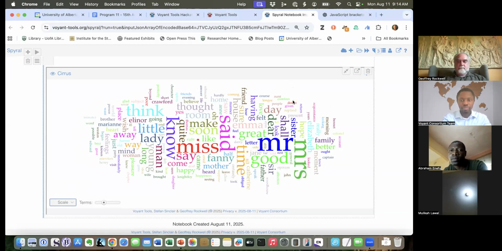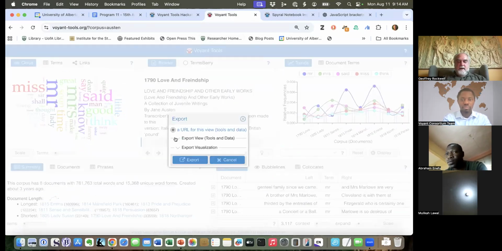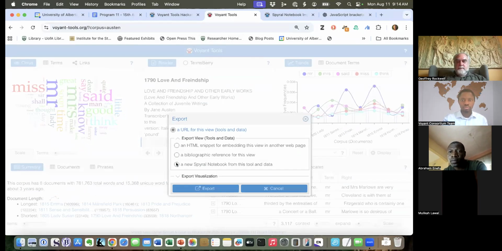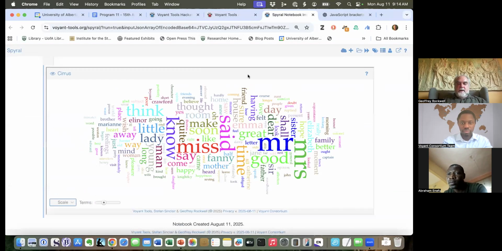So to resume, to just refresh you, I went into Voyant. I found the Cirrus display. I exported it to a new Spyral notebook. That Spyral notebook gave me,